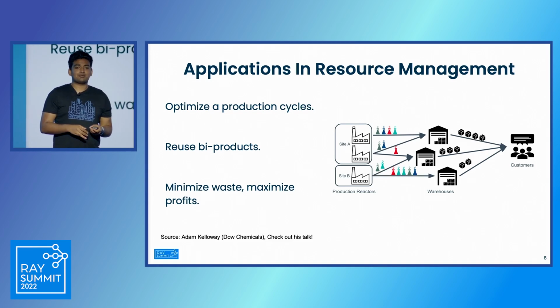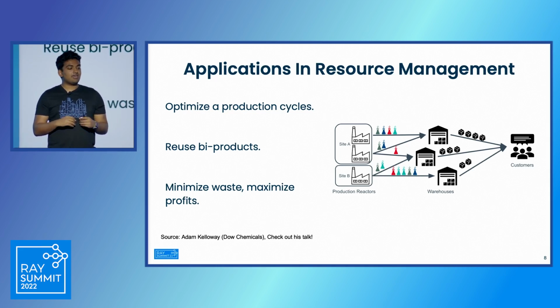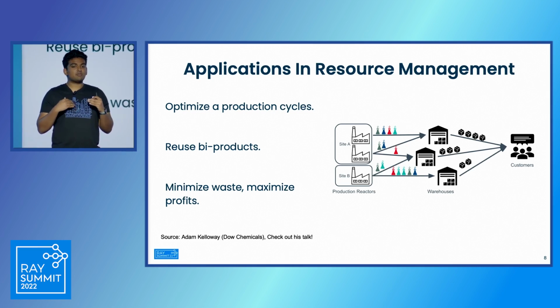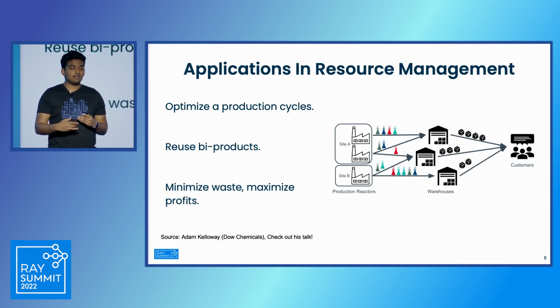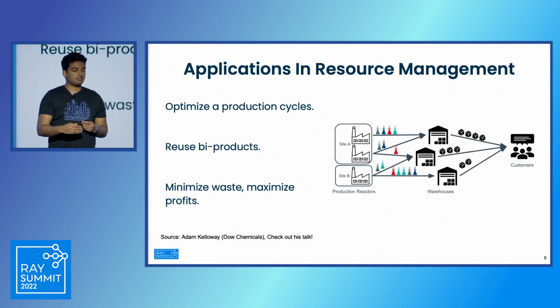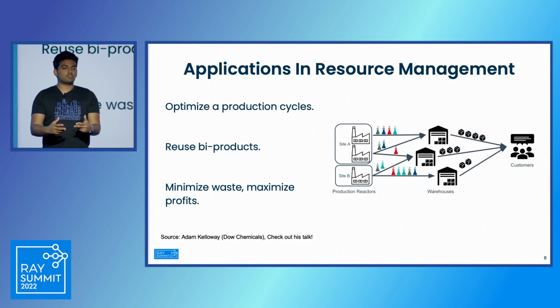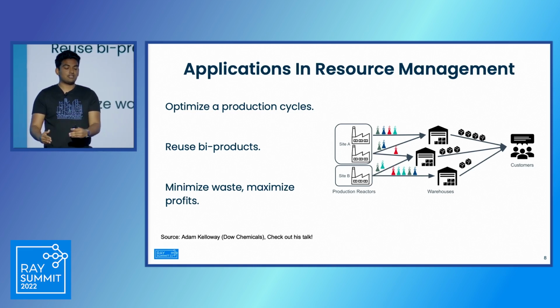And now, segueing to something that doesn't look similar at all, but is, I'm going to be talking at a high level, an approximation, rather, about what one of our partners in the industry, Dow Chemicals, does. They have a need to optimize a production process for chemicals inside of their chemical reactors. And you could think of their production process as being made up of multiple production cycles, where after each stage in the production cycle, they have byproducts which either they need to get rid of, they need to store, and they can potentially use these byproducts downstream in their production process to reduce their costs further on.